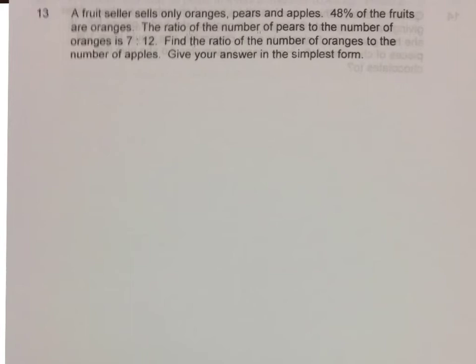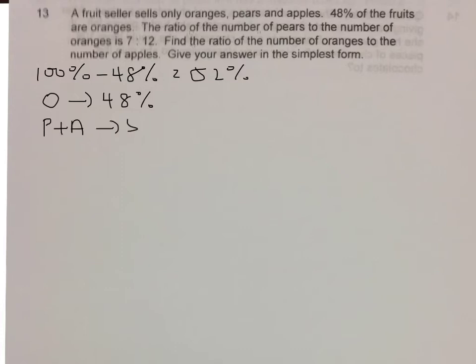Okay, so let's look here first. 100% minus 48% equals 52%. So we know that orange has 48%, whereas pears plus apples will be 52%. They say that the ratio of the number of pears to the oranges is 7:12, and we know that oranges are 48%, so